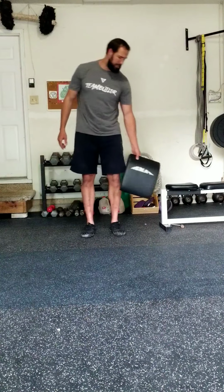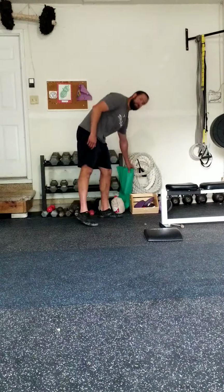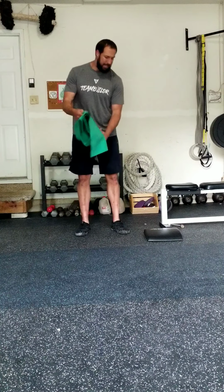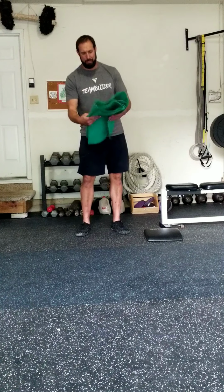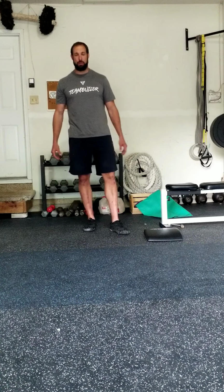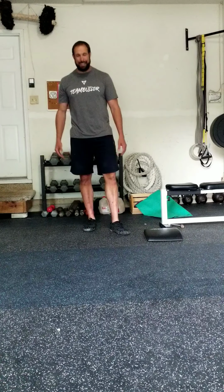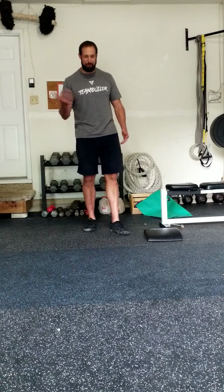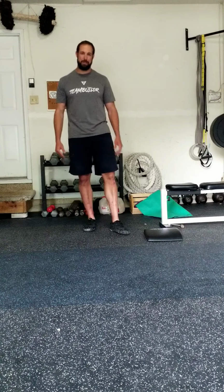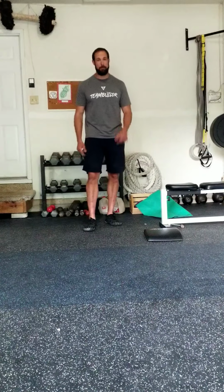If you have an ab mat, these are great for the sit-up exercise we're going to do. If you don't have an ab mat, but you have a yoga mat, you can roll this up a little bit and give your lower back a little bit of cushion, so a little bit of traction for when we do the sit-up. If you don't have either one of those things, maybe a rolled-up blanket or a rolled-up towel will do the trick. You also don't need anything. I know some people have problems with their spine rubbing up against the ground doing sit-ups, and it's painful, so maybe get yourself some cushion for the sit-up portion of the workout